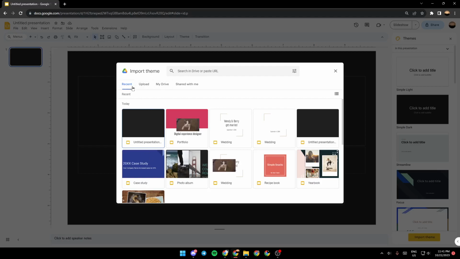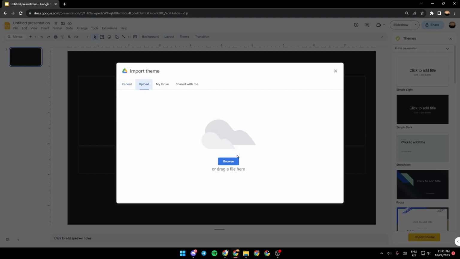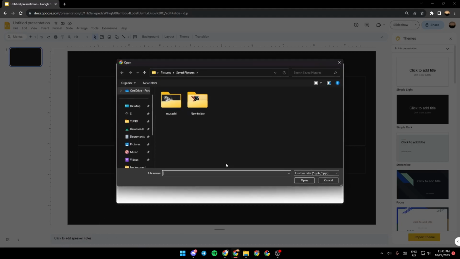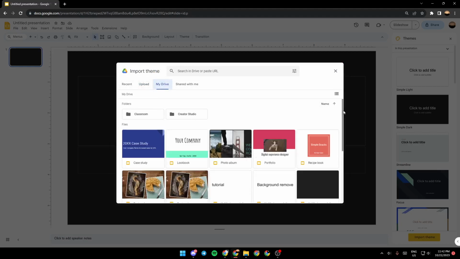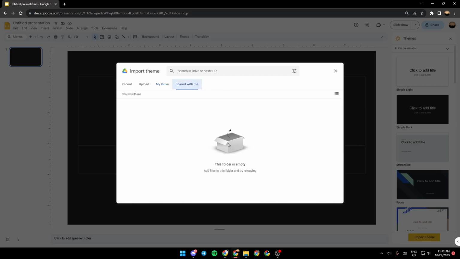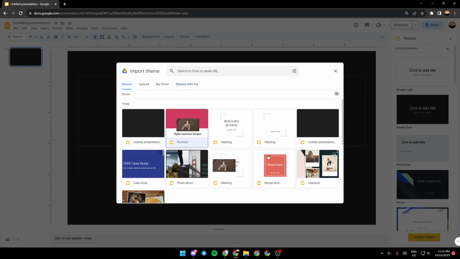From here, you're going to find your recent themes. You're going to find also upload. So you can either drag the file here or click on browse and browse for the file in your PC. You can also go to my drive and then search for the file right here, or lastly in shared with me. So for example, I'm going to go back to recent, click on here, and then click on insert,